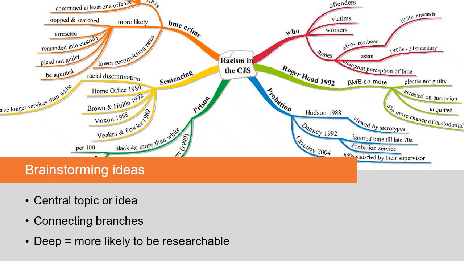Once you've a couple of ideas for a topic, you need to start narrowing down your ideas. First, you can use mind maps to brainstorm your topics and narrow down your options. If you've more than one idea, do a mind map for each topic so you can compare the mind maps to help you see which topics might be the most researchable.